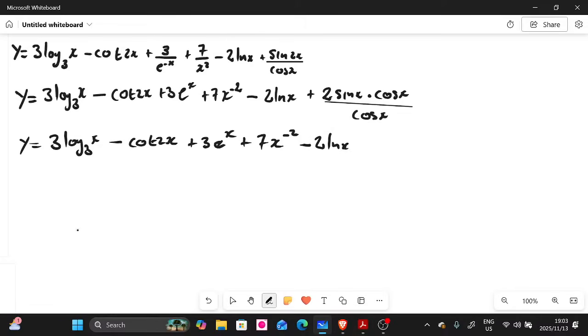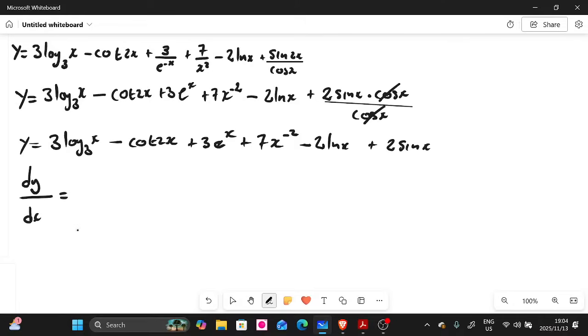Then the last term there, we have to simplify. We have cos divided by cos, it's going to give you 1. Then you're only left with 2 sine x. Most people here, they forget these double angle identities. Guys, make sure you know them. Now that every term that you see here is simplified, it's time for us to differentiate. That's when you're going to start doing this dy over dx, because everything here is simplified.